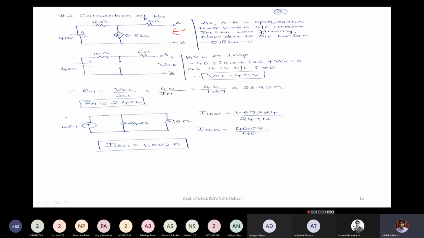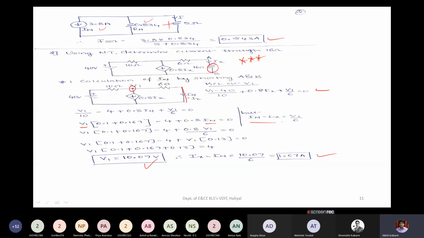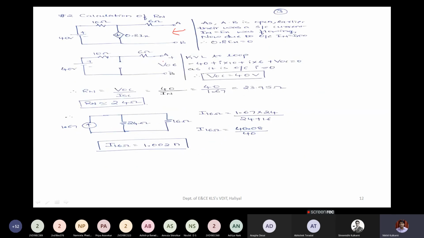See, if you observe this circuit now, what has happened? Earlier there was a current Ix flowing here. This Ix is a variable which will control this dependent source. Now this is open, and if this is open, Ix will be 0, the current will be 0. If this current is 0, the current through this dependent source will also be 0. How is that represented? No current means open circuit, so we can make this an open circuit.